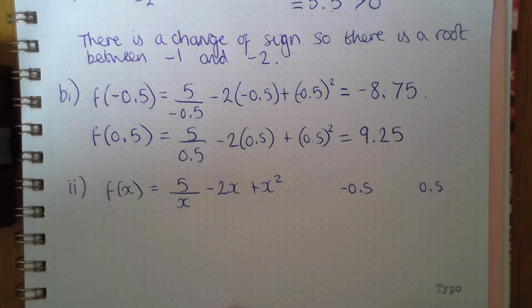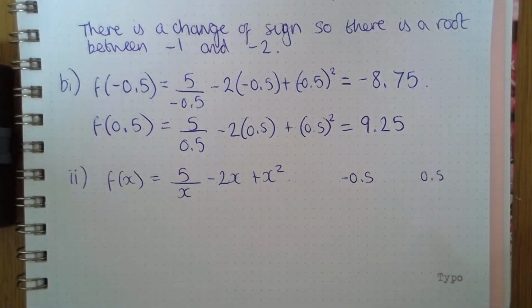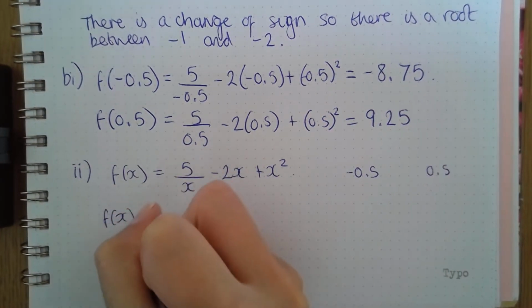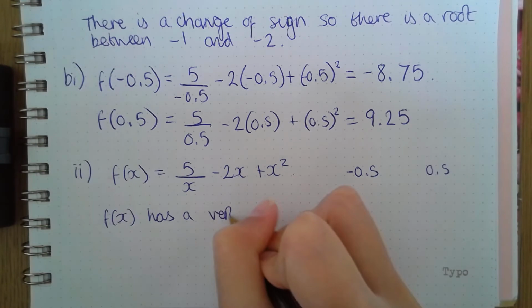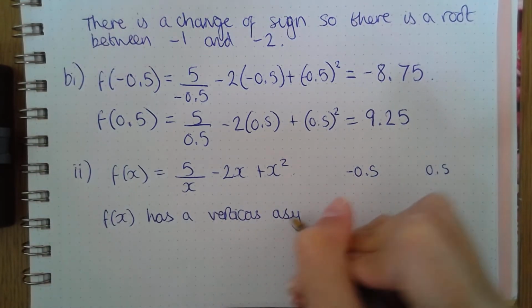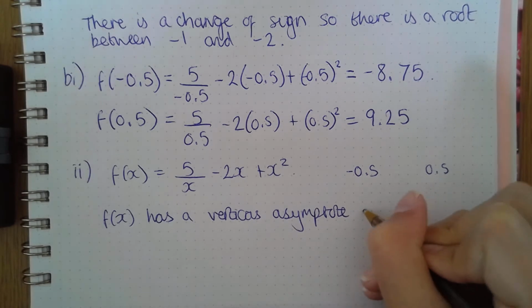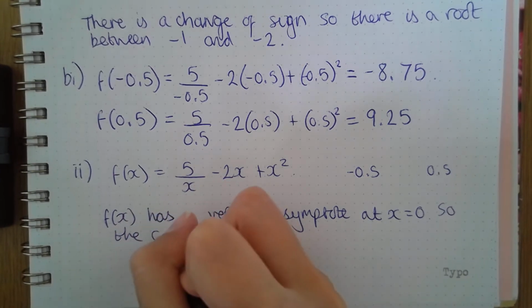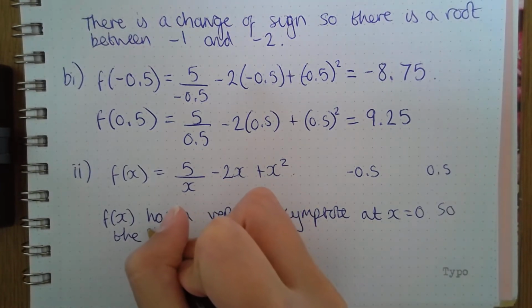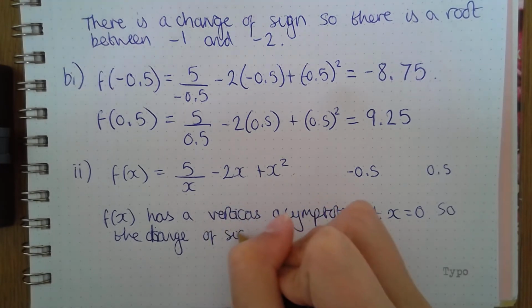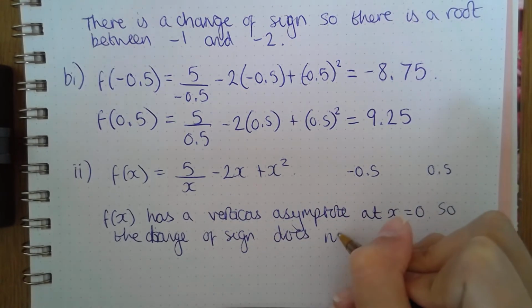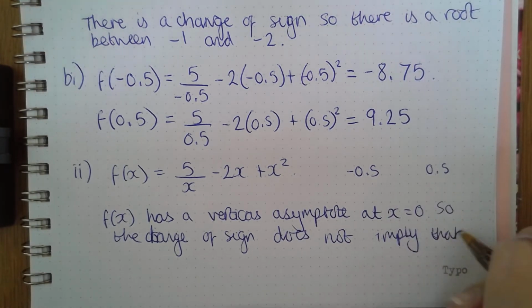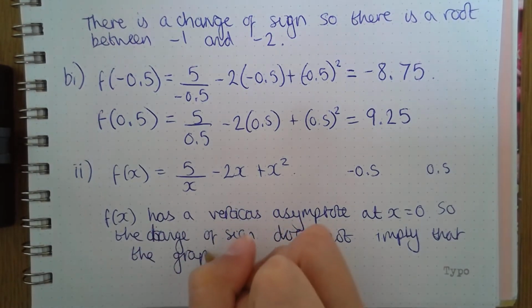Where are the asymptotes, okay? So we know that x can't be 0, so we know that that graph has a vertical asymptote, so f of x has a vertical asymptote at x equals 0. So the change of sign does not imply that the graph crosses